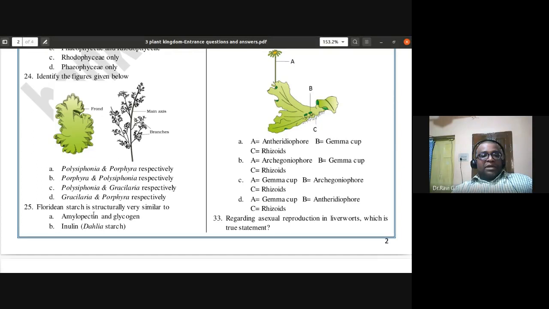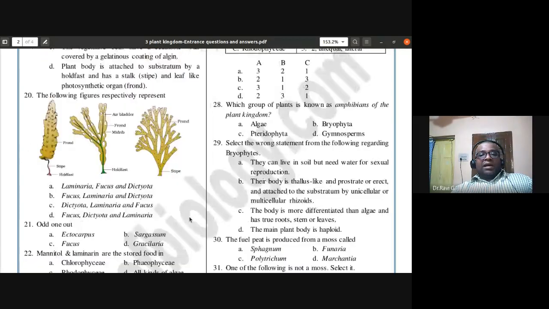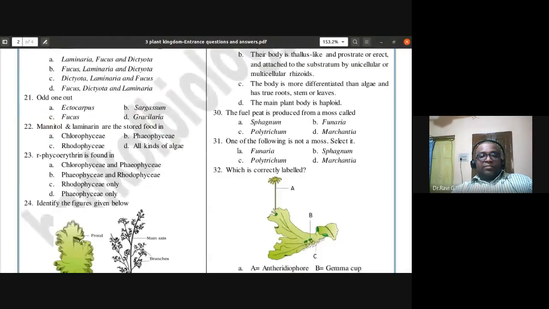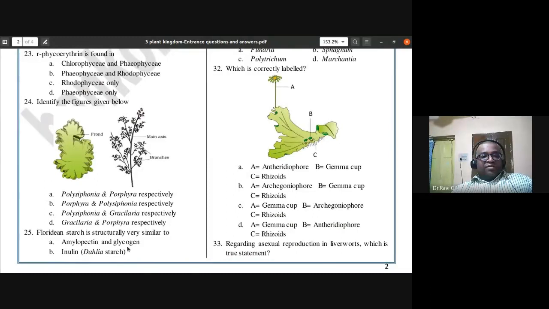25th, Floridian starch is structurally very similar to amylopectin and glycogen, or inulin, or cellulose and hemicellulose, or chitin. So the Floridian starch is very similar to amylopectin and glycogen. So A is the answer. 25th, A is the answer. So the 26th question,